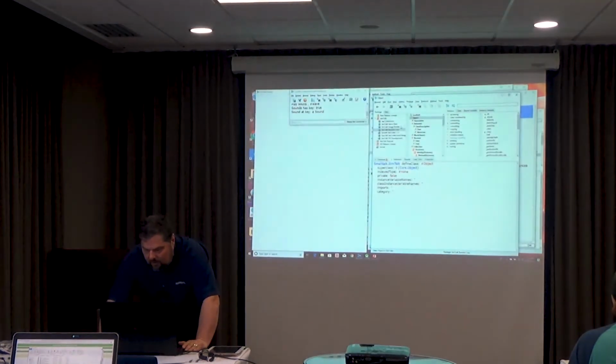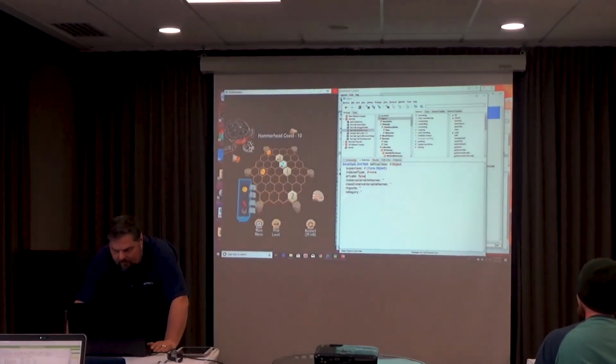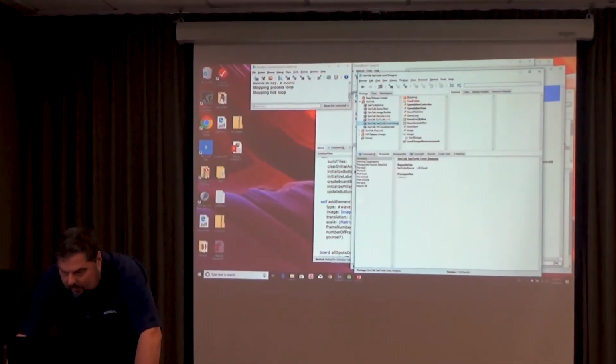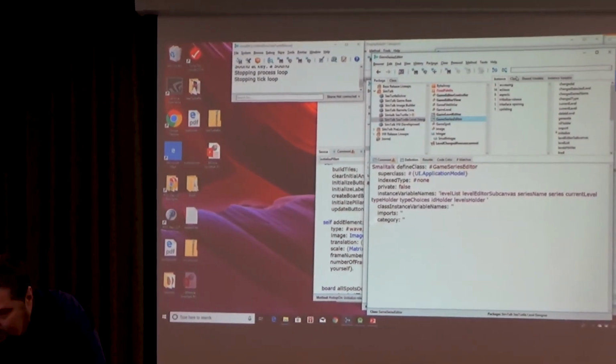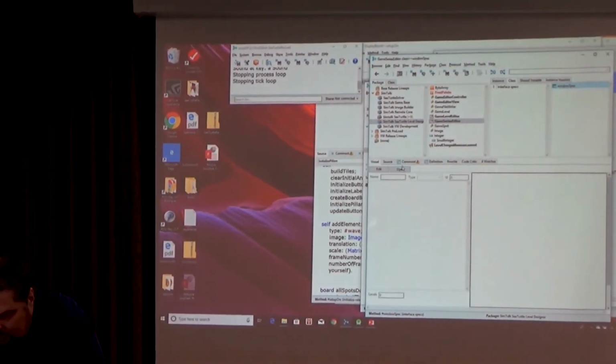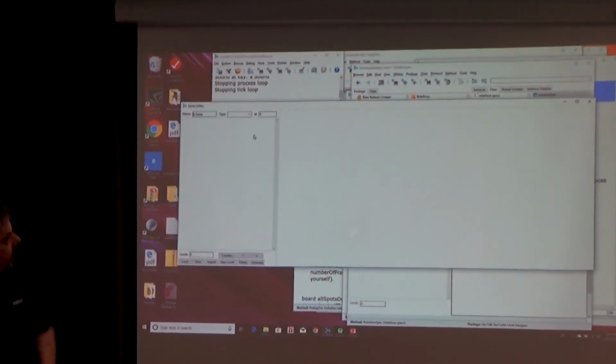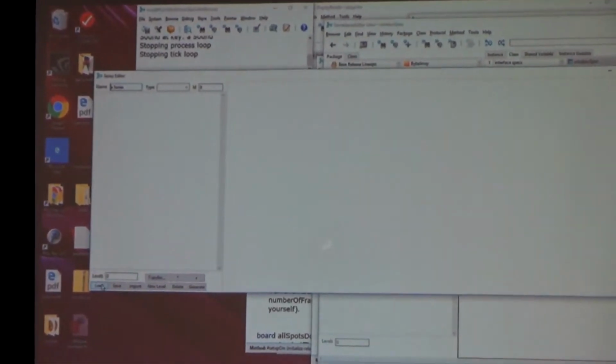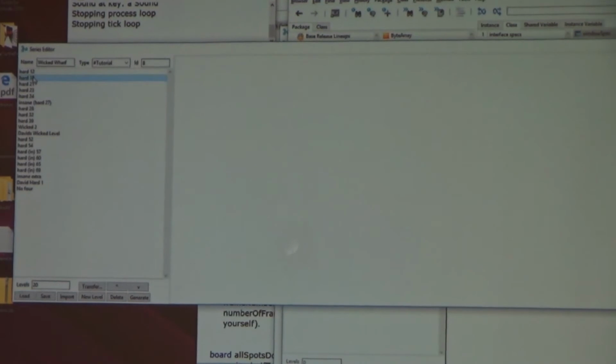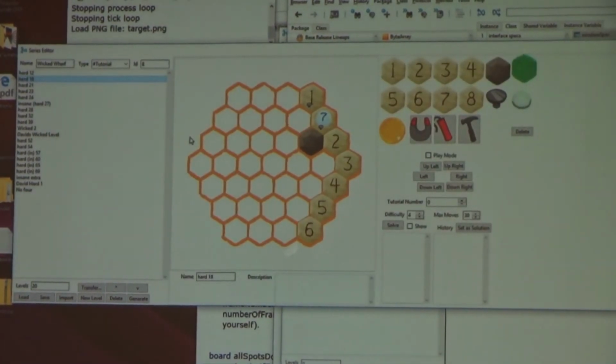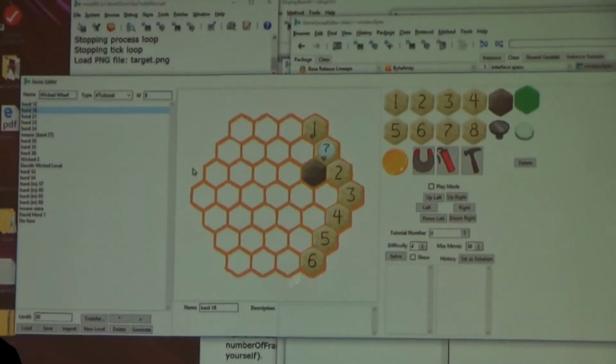In order to design this, I have a solver. I wrote a solver in VisualWorks, fits into the user interface, so I can, in fact, let me show you that. Might as well demo it. I'll close this. Level designer, series editor. Okay, that's good. This is my level designer. I'm going to load one. I'll take Wicked Dwarf. That's fine. There. I don't have the fancy background. I don't need that for my own editor.